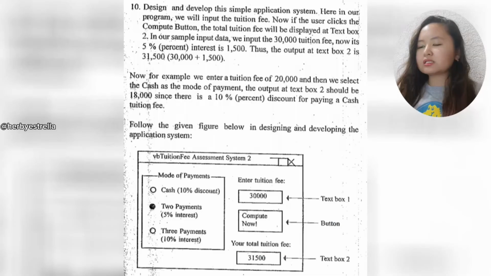Number 10: Design and develop this simple application system. Here in our program, we will input the tuition fee. Now, if the user clicks the compute button, the total tuition fee will be displayed at TextBox2. In our sample input data, we input the 30,000 tuition fee. Now its 5% interest is 1,500. Thus, the output at TextBox2 is